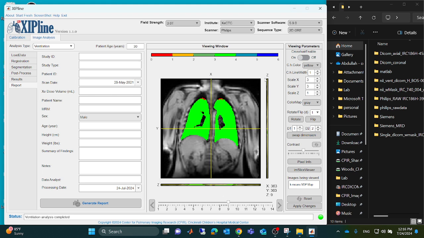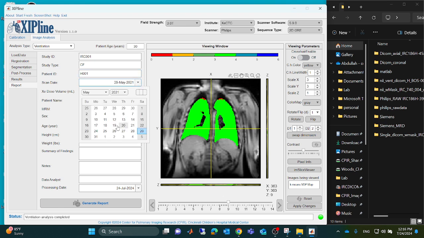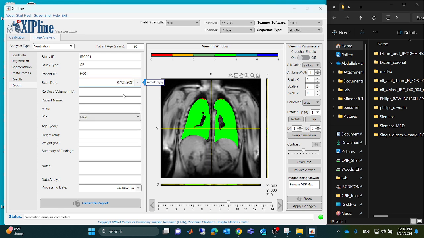So once you have the analysis completed, you can start by filling this in: the study ID, for example, IRC001, study type, for example, we say CF, patient ID is 001, the scan date, for example, here, and then the xenon dose volume, say 1 liter, patient name, arm number,